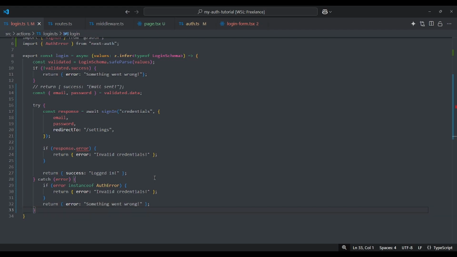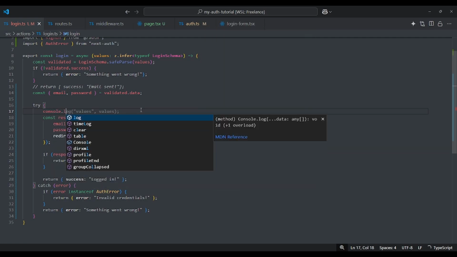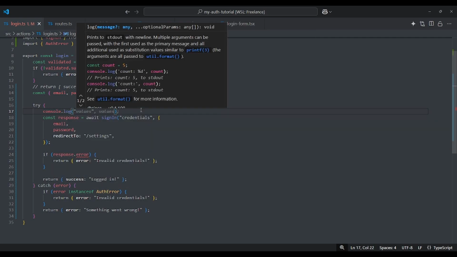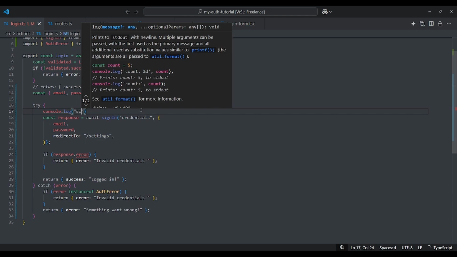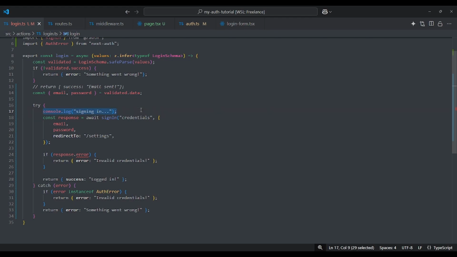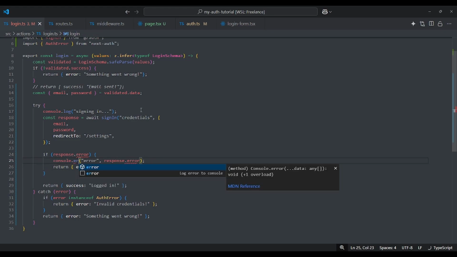Just like that. And I'd like to also add some logs here for us to know where the execution happened in the code. So here we need to add a message, signing in, and here error.